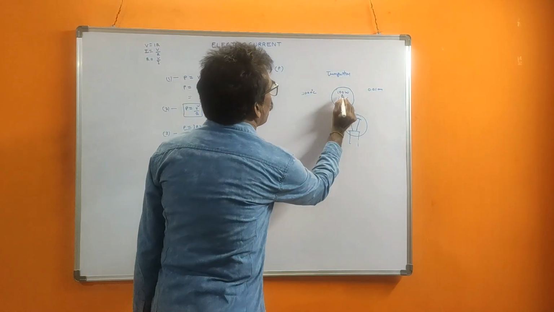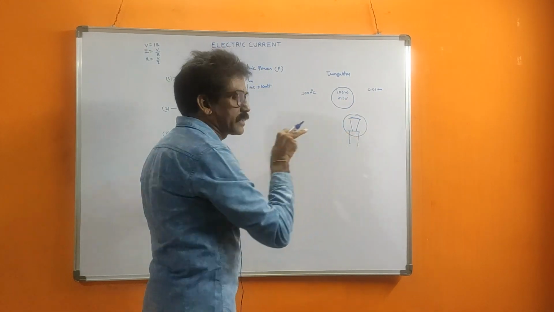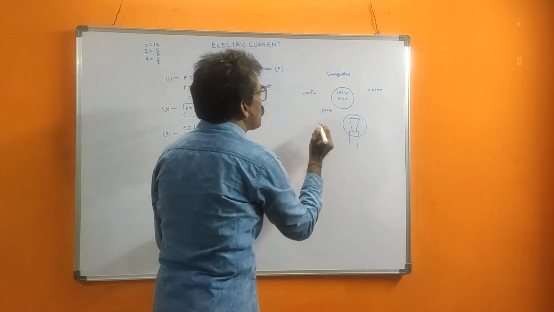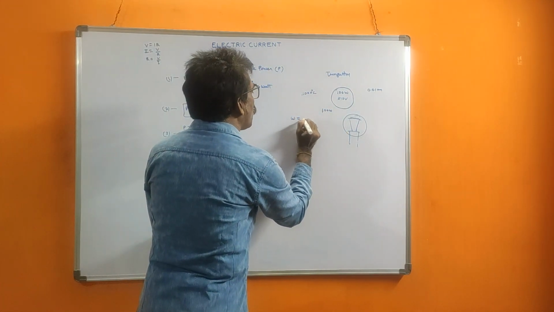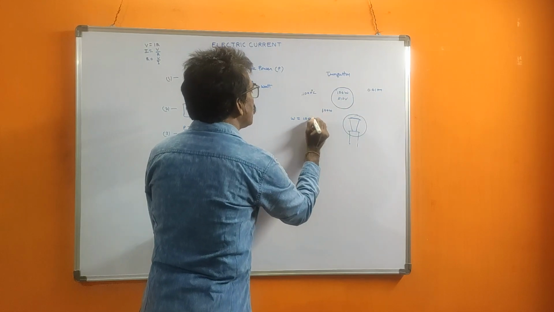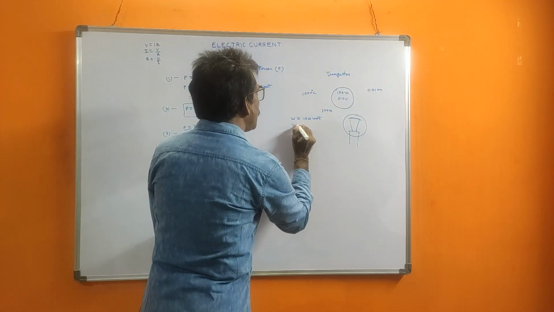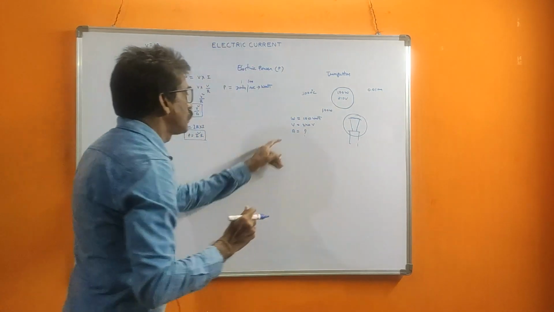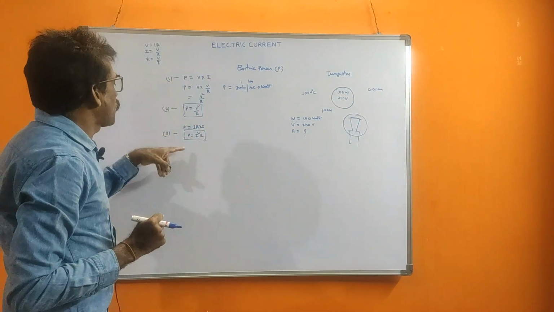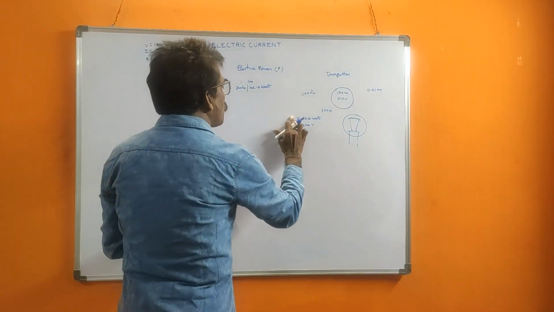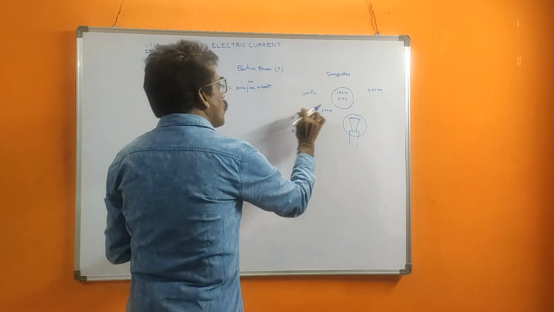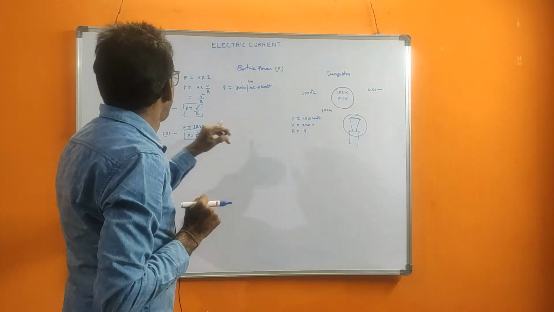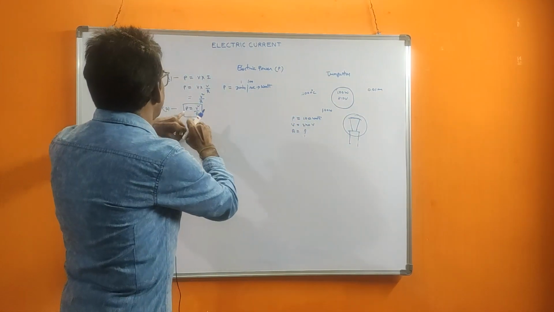Anyway, because of resistance the current will pass. Now we want the resistance of a 100 watt lamp. Here W, we know, is 100 watts, voltage V is 240 volts, and we want the resistance. In this formula W means P, power, watts is the unit but the symbol is P. So P, V, R.